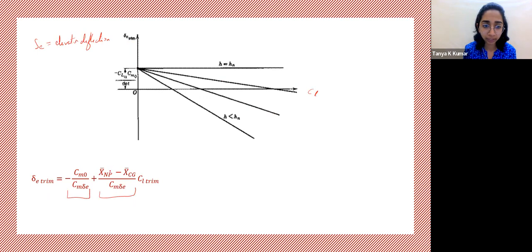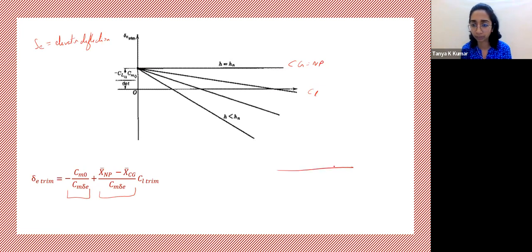So in our question, they have mentioned terms like neutral point and CG. So this is the place that we'll be focusing on. Here, the slope is 0 when CG equals neutral point. So when the CG of the aircraft is at the neutral point, you have no slope in this equation. As the CG moves further away from the neutral point,